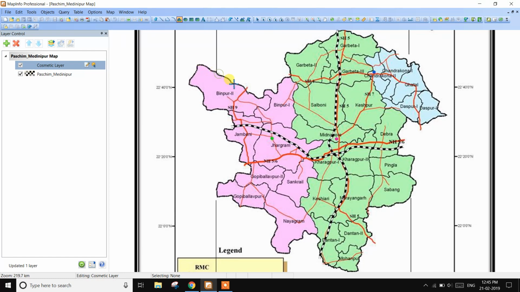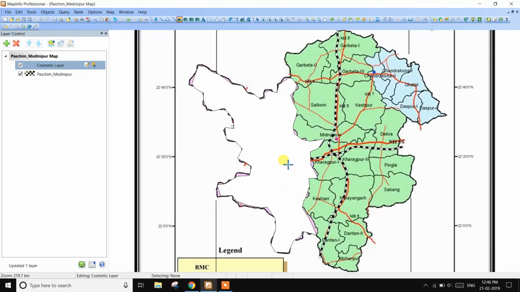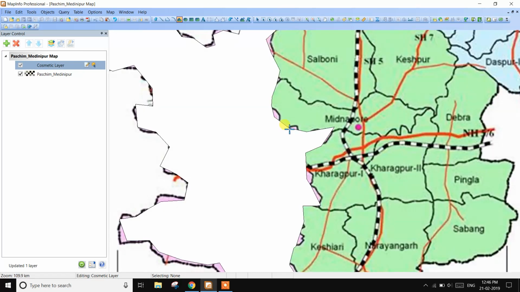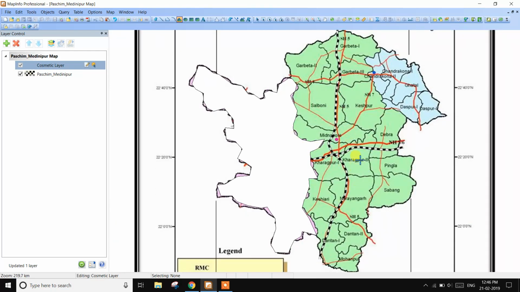The portion is digitized automatically. Next, digitize the polygon of Kharagpur and Midnapur.